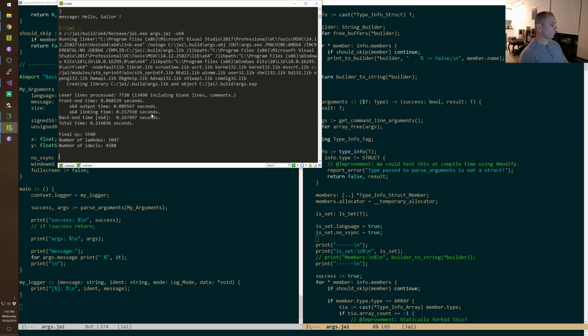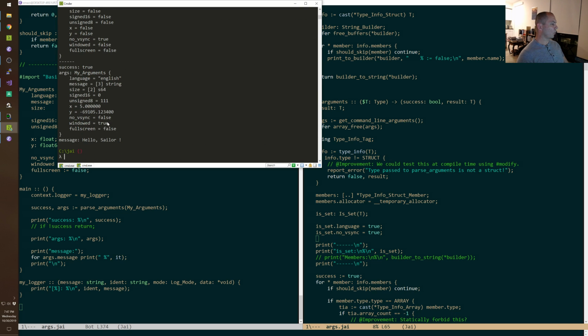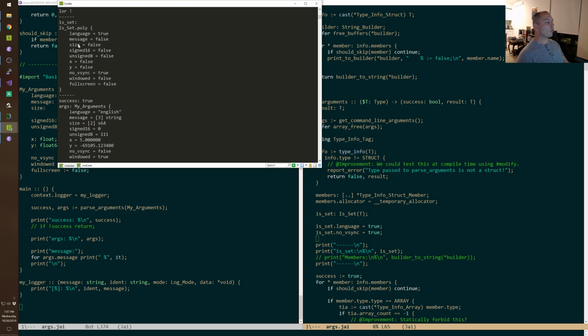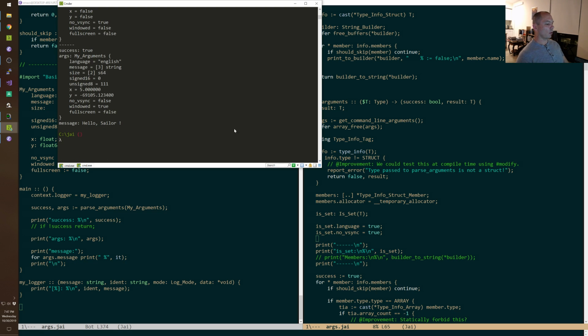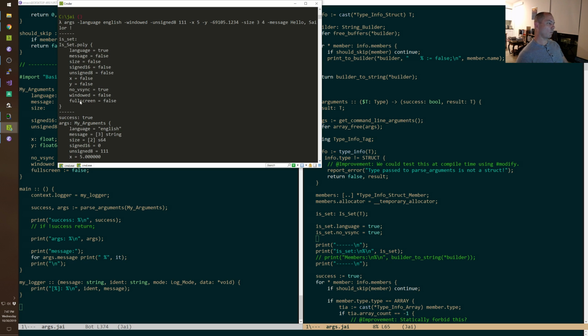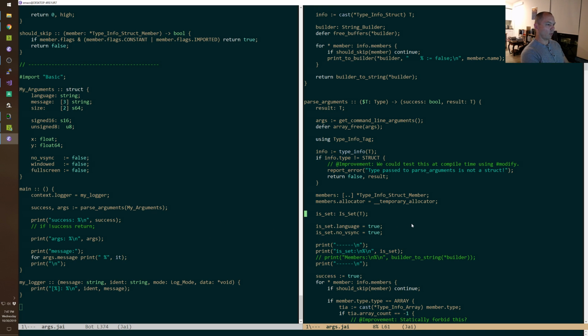So let's do that. And so you see that we were able to, whoops, sorry, in this one, no vsync, language, right? So these are two parallel structs now. One is supplied by the user, and the other one gets generated at compile time based on what was supplied by the user. And then we just want to return this